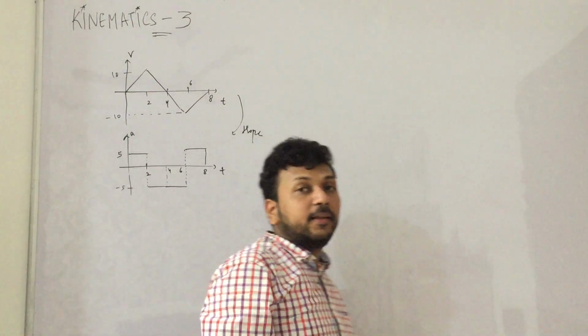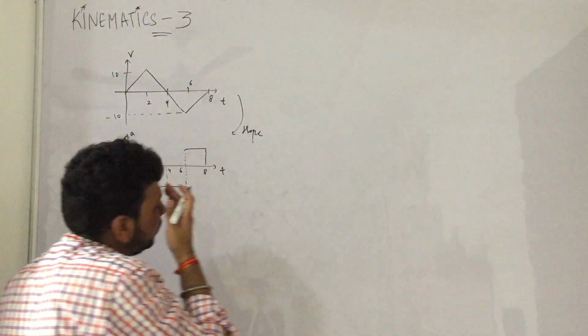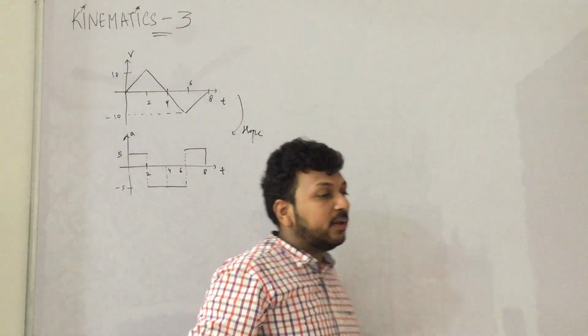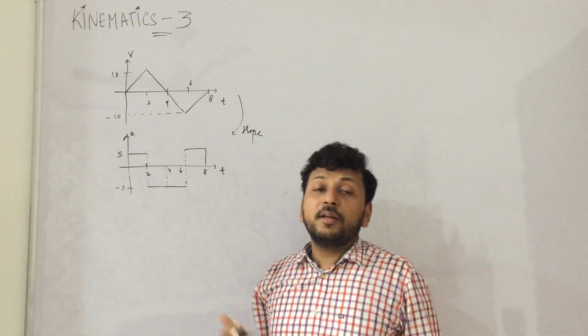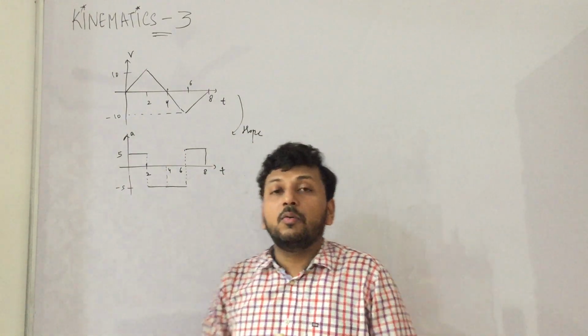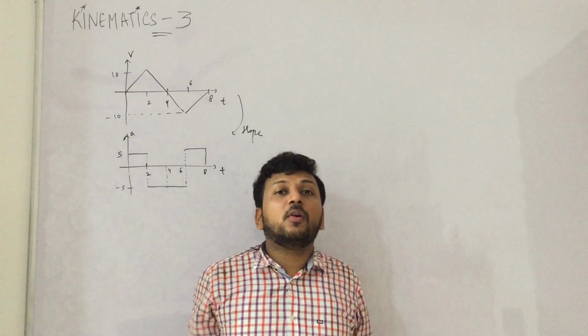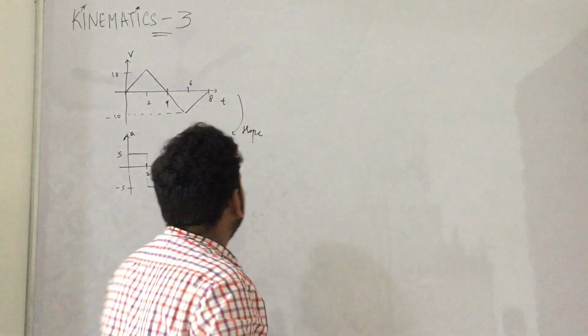So the AT graph is in steps. When you study maths, you study the properties of graphs. You study a lot of things. You can find a lot of things from this, whether it is continuous, differentiable, and a lot of things. So we'll take some classes for maths also. So there you will see.